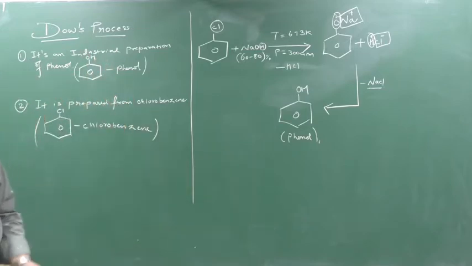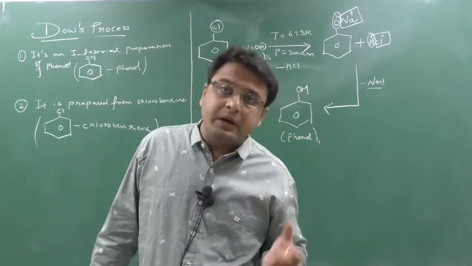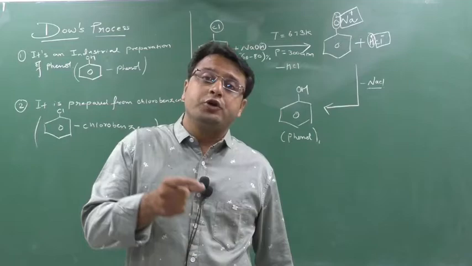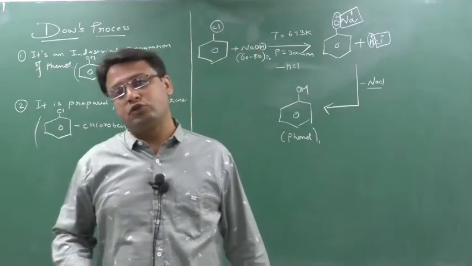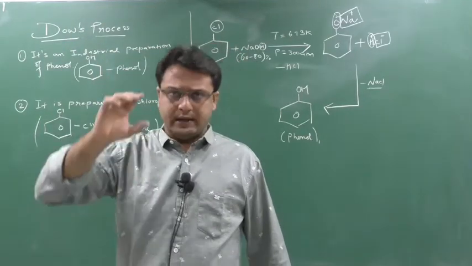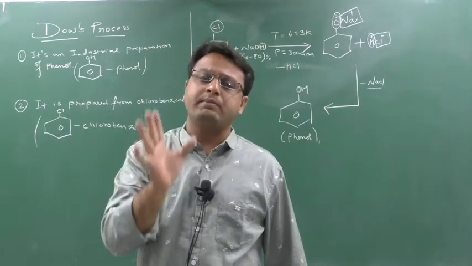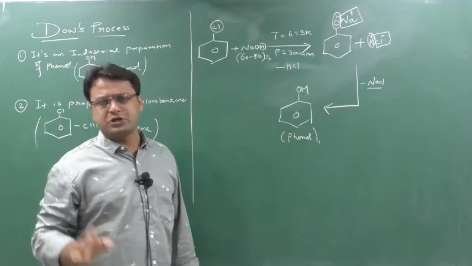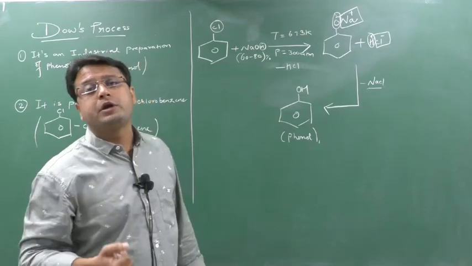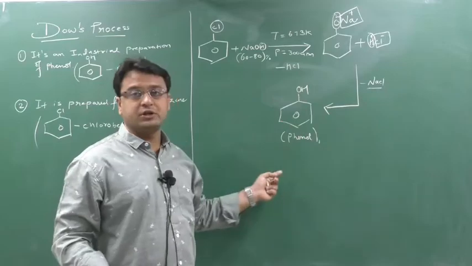Clear? Mechanism is important because in the mechanism one intermediate is formed, and on that intermediate a number of MCQs will come in competition exams, asking what is the intermediate formed during the Dow process of phenol. So that name is important. In the Dow process one intermediate will come, in the cumene process one intermediate will come. So you have to remember that intermediate, because directly 4-mark questions are asked on which intermediate product is formed in the Dow process or cumene process. Today I will teach you that also. Understood? First you learn directly how to do the reaction, then we will go with the mechanism.